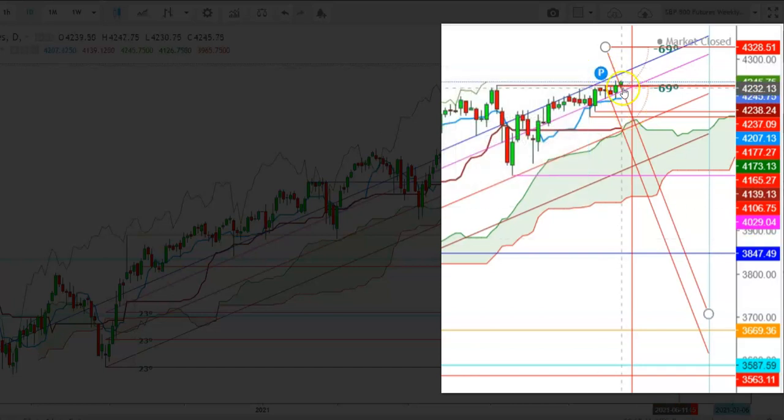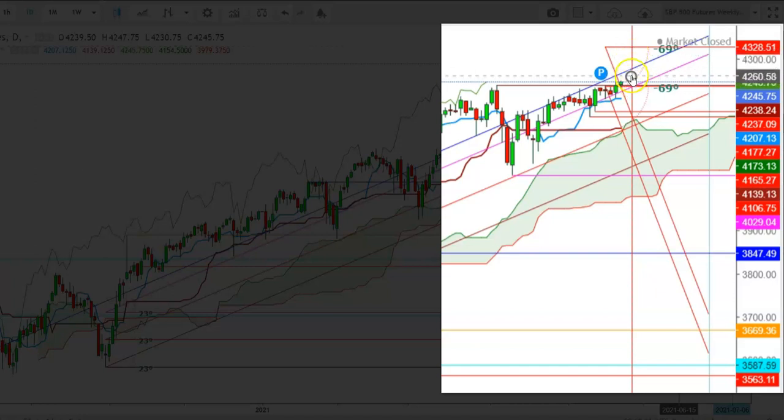So here I find that when the S&P 500 futures have sustained above this immediate resistance on last Friday, we could see a bouncing move from here, where the immediate resistance for S&P 500 futures during the upcoming week can be seen at the levels of 4276, and the next resistance will be at the levels of 4307.